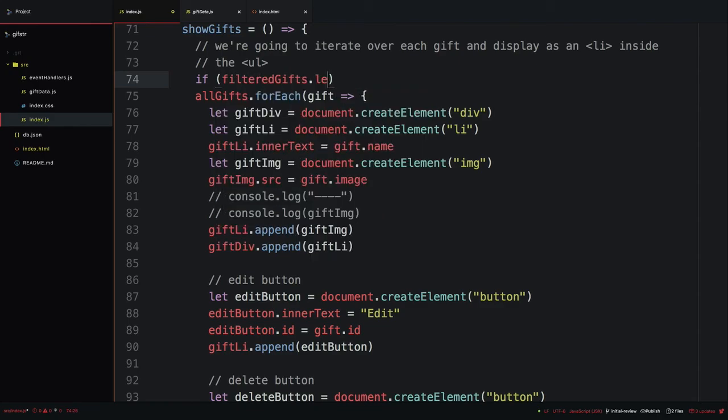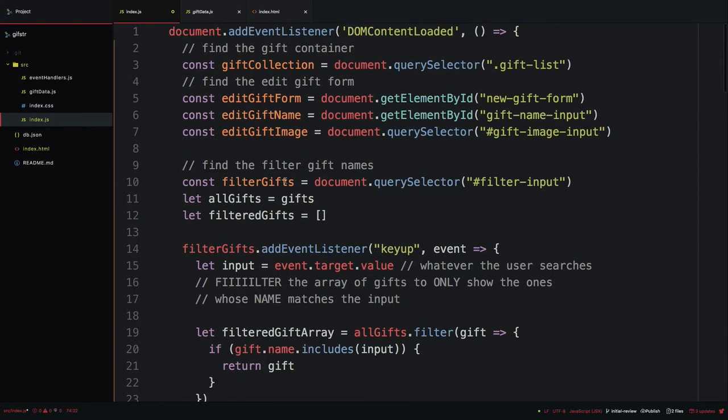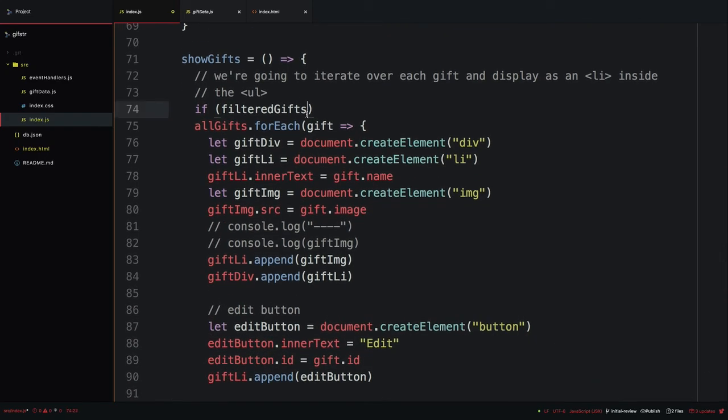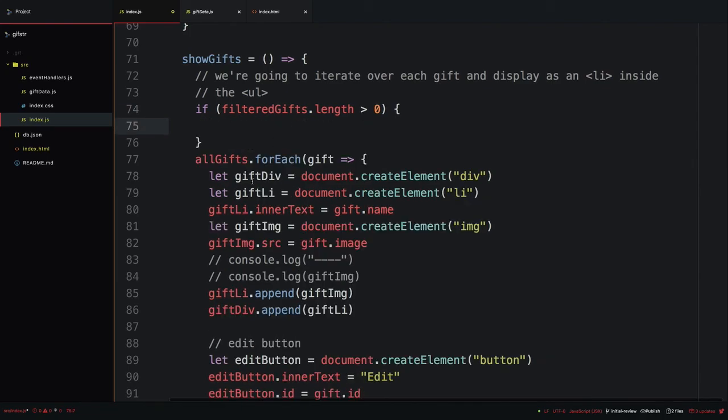The reason why we can't just do filteredGifts, meaning if it exists, is because we're assigning it to an empty array, so it's automatically going to return a truthy value. So we only want to do it when there's something inside of the filtered array. Does that make sense for everyone? Yeah? Okay. So I'm going to say if filteredGifts.length is greater than 0, then